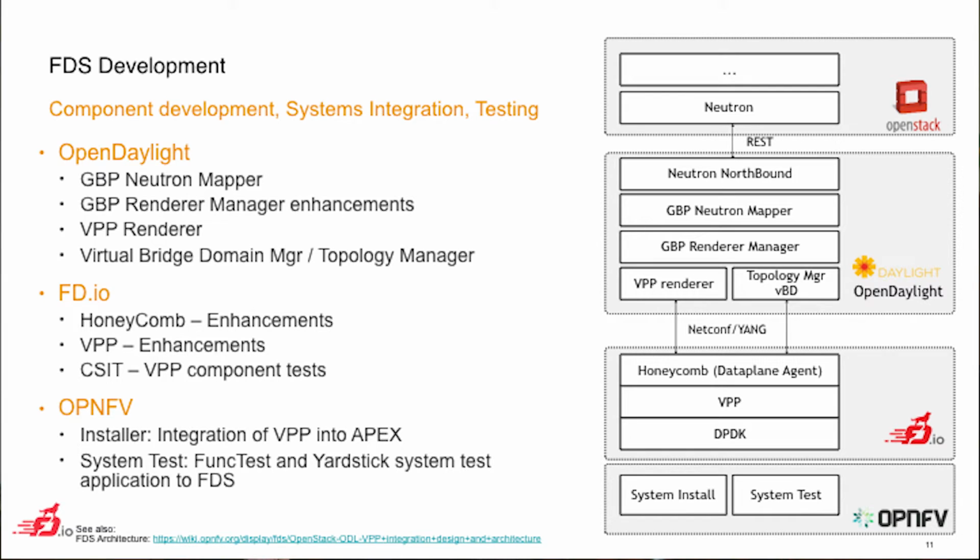So let's have a look at the stack that we are trying to integrate. Everything starts in Neutron, as you know, when it comes to OpenStack. Then Neutron issues some REST calls to the northbound API of OpenDaylight, so the controller. Here there is a specific project called Neutron networking. I don't remember the exact name, but it will come after. It's a project in Java that is able to receive REST calls coming from Neutron.